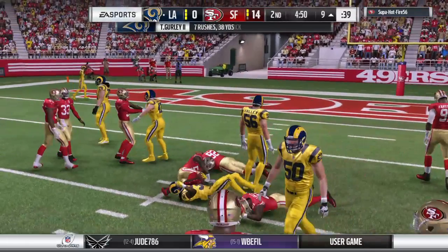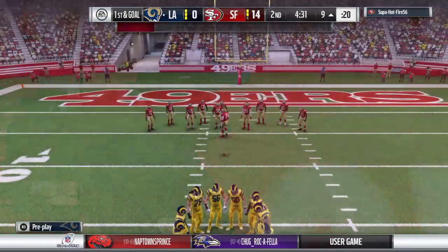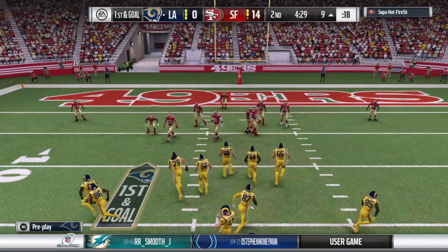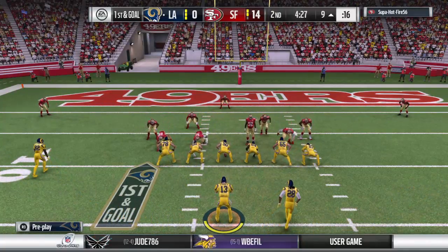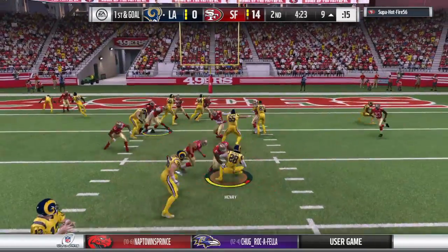And now they're inside the 10 as he's brought down at the 9. 7 yards on the pickup there, and now they've got it 1st and goal. That's a good, nice, crisp run for a 1st down. I wonder if the defense might have been loosened up a little bit, maybe anticipating a pass instead of the